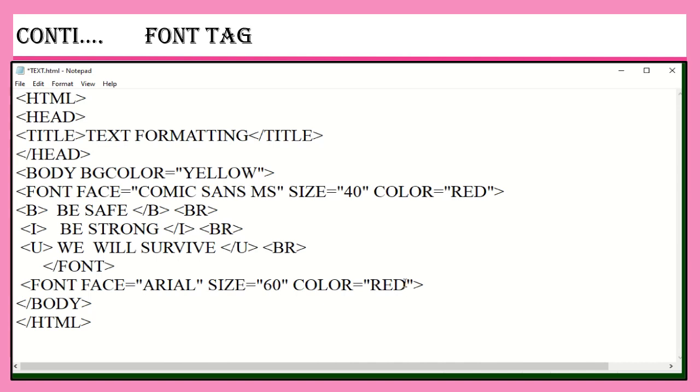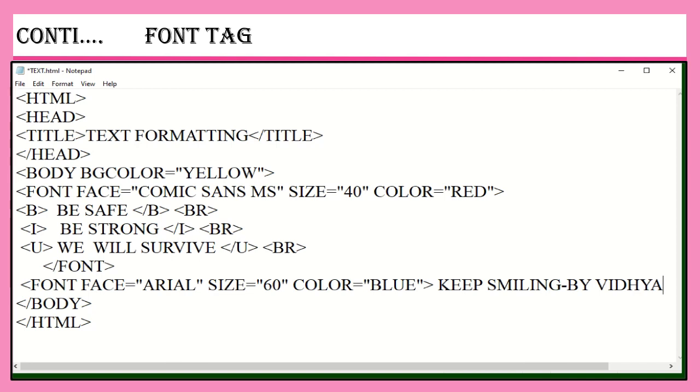Even I would like to change the color. I am giving blue color. You can give any of your required color. In this font face, size, color, I would like to display one sentence, that is keep smiling. Keep smiling by Vidya.